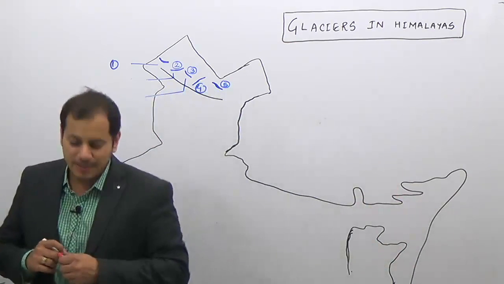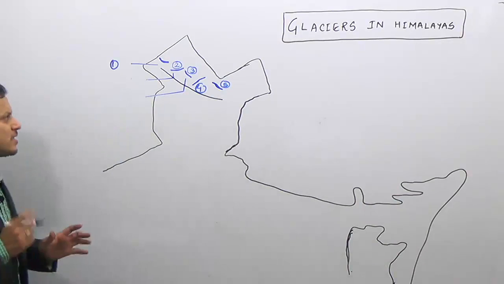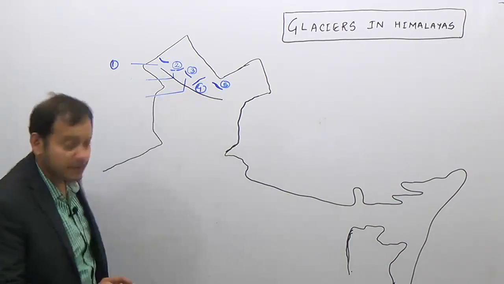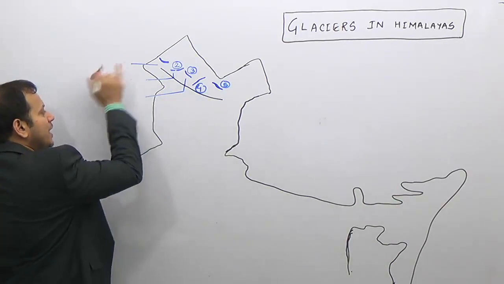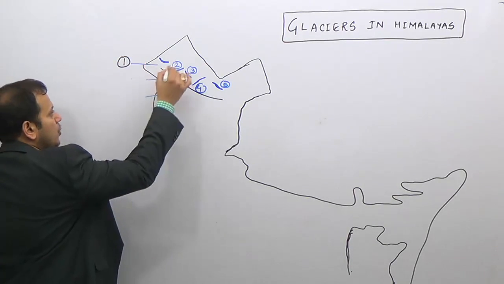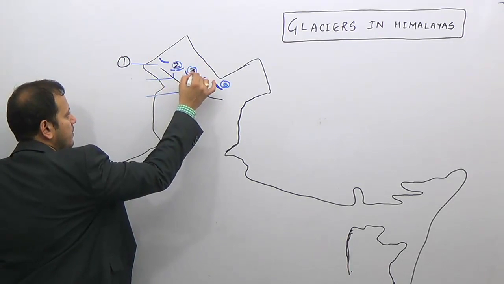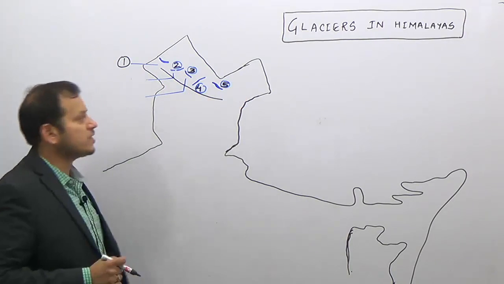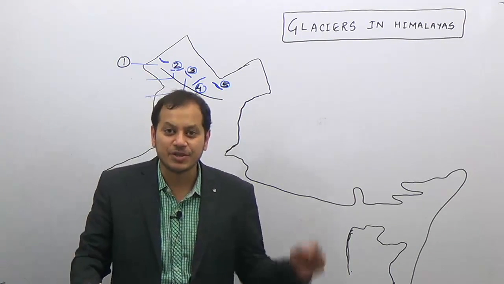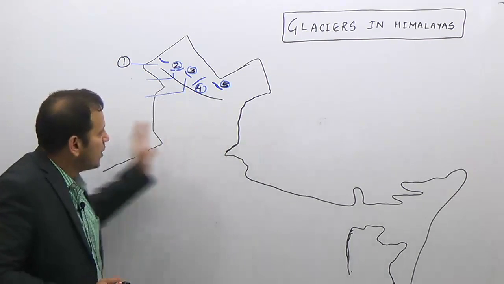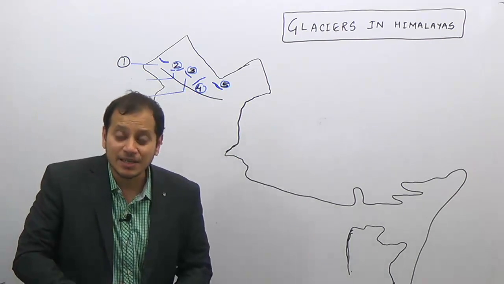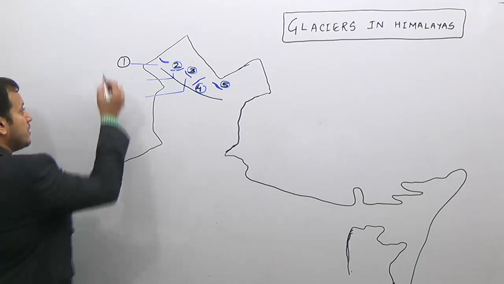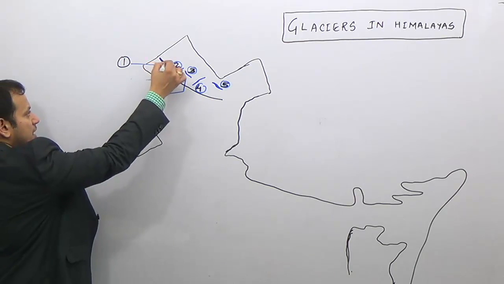Now let us study each and every glacier with a map pointing. I have marked here 1, 2, 3, 4 and 5. The first set of questions will be to arrange the glaciers from the western side to the eastern side. So what are these glaciers? From western to eastern side, the westernmost glacier, number 1, is this glacier,